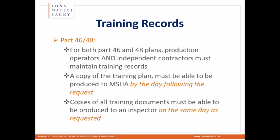If we are a Part 48 operation, though, our training plan needs to be submitted to our district manager and approved. And additionally, we also have to have an approved trainer administering that training plan and providing that training. So those are differences between the two, but many of the internal documents, such as new miner training and such, there's going to be overlap there. If we are a production operator and we're having contractors come on site and we know that